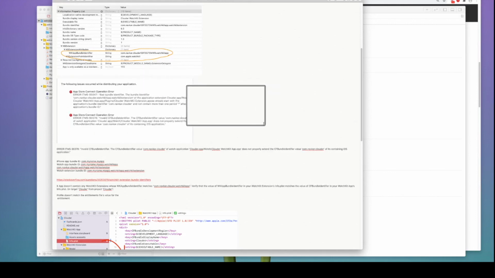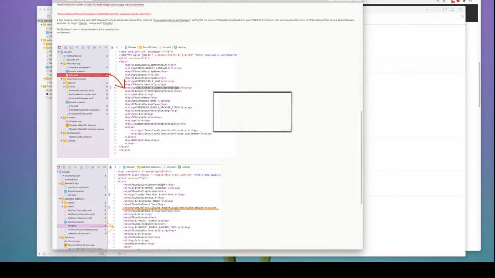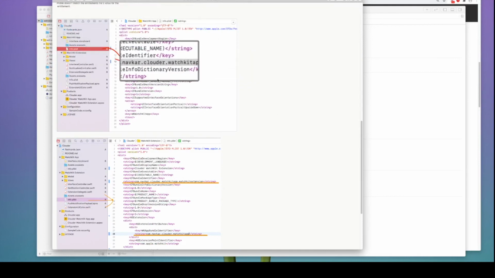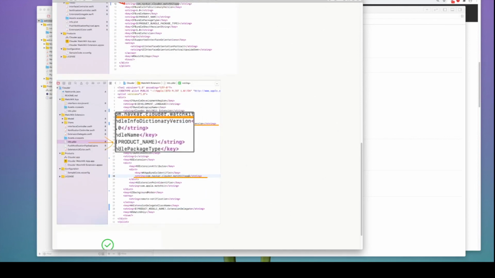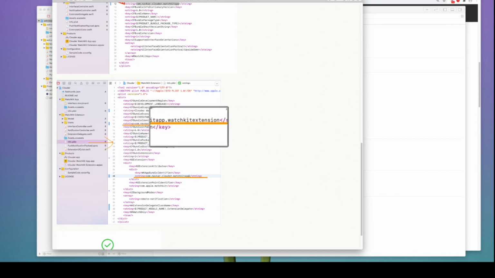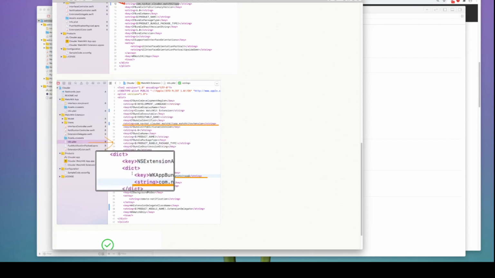This will save you a lot of debugging time. I've also included some screenshots here. So in the info.plist, you should have the right bundle identifier. There are 2 info.plist files here, one for the watch extension and one for the watch app. In the second one, the watch extension, also make sure you have the right bundle identifier.